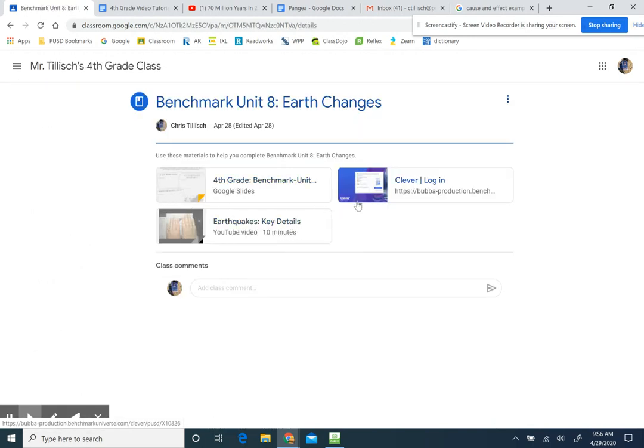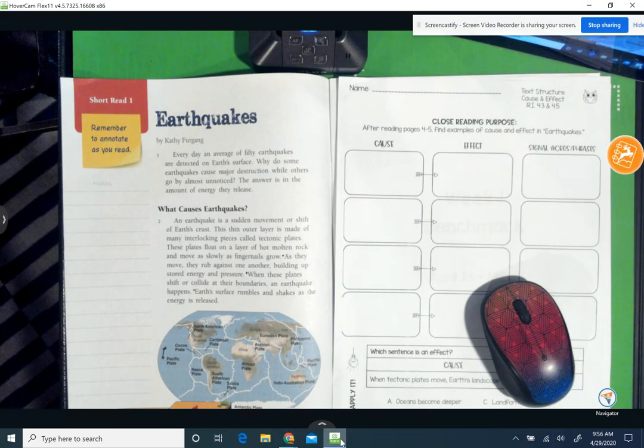And what you have in here is your Clever login. This is what you click on so that you can open up your read aloud book. That way the article can be read aloud to you if you're not in the mood for reading to yourself. Okay, so do that now and then come back to the tutorial so that you're prepared to talk about cause and effect and talking about earthquakes. Okay, so